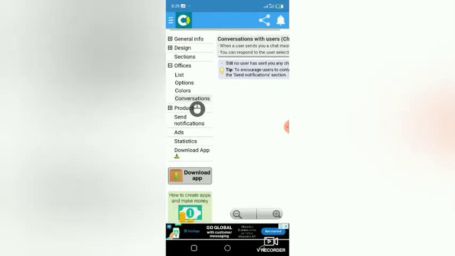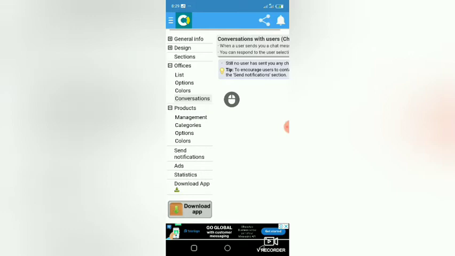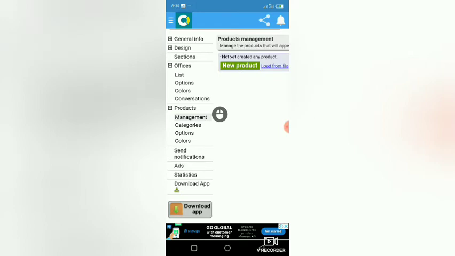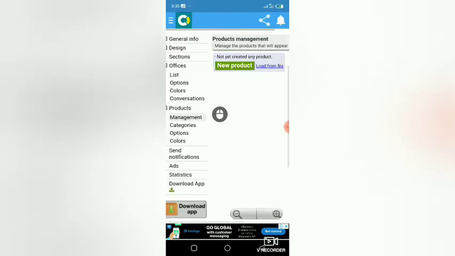Now if you are designing an app to sell products, maybe you want to sell online, then you come to this Product section. When you click on this product, the next thing is to go to Management and click on it. Once you click on Management, you can add the product, like Konga and Jumia do. This is how they do it. So just click on this product, then add your product here. Under this management, you just click on new product, then you add your product.